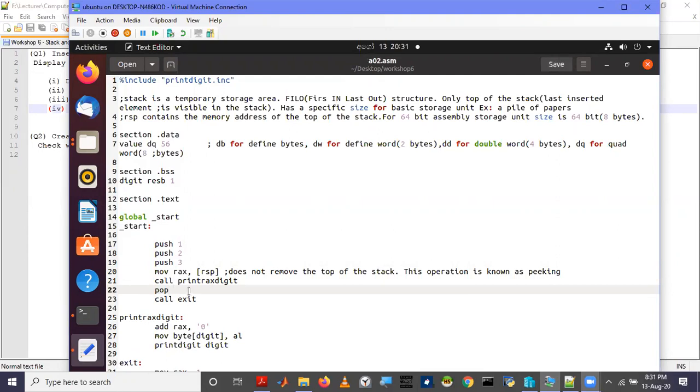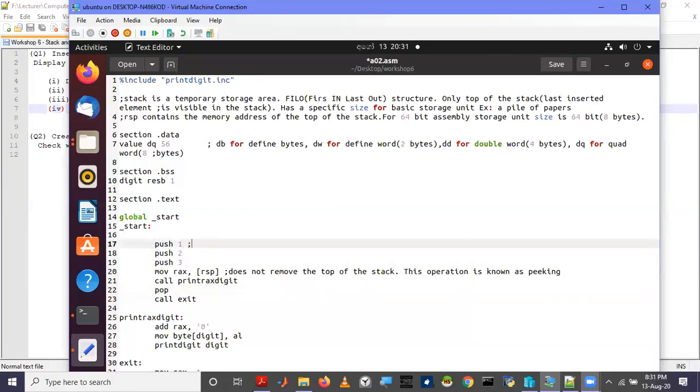After the command pop, we have to specify to which location we are going to extract. We can extract to a memory or a register.